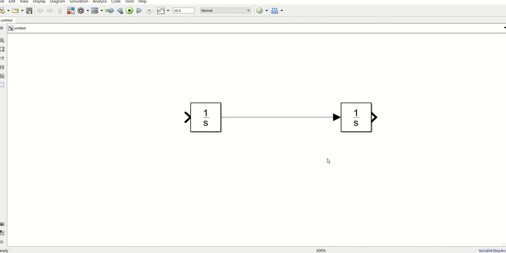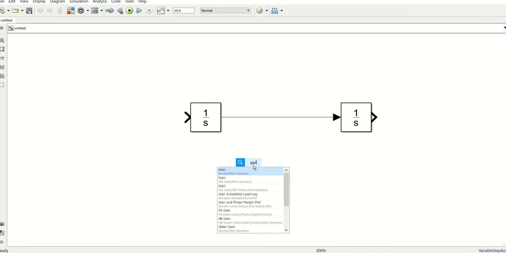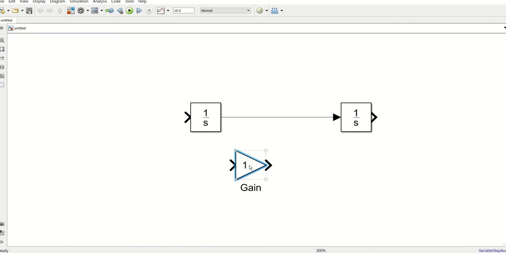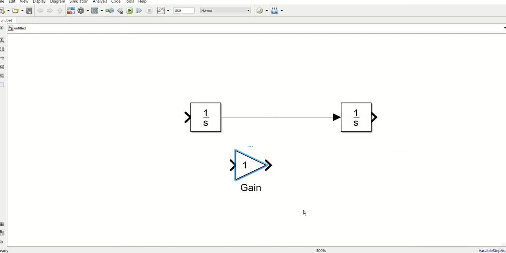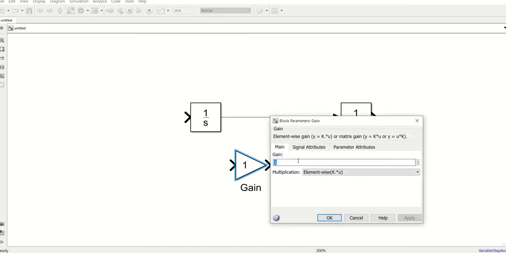Next, what else do we need? We need to put a gain block. I'll put a gain, just double click and write down gain block. So this is the gain. You can double click and write down what gain is needed. I'll write 5.